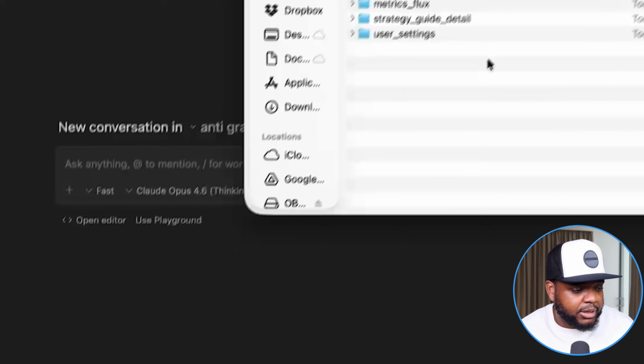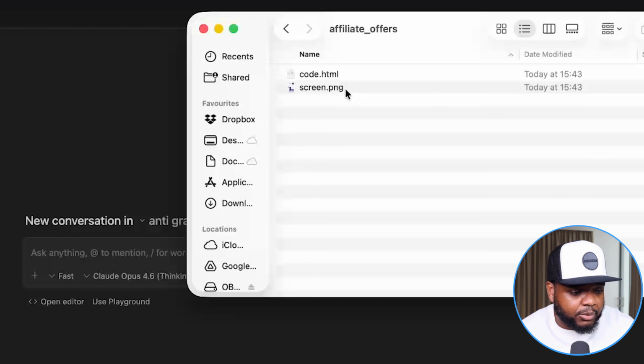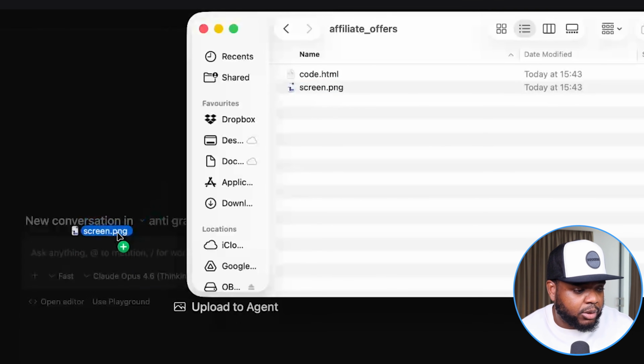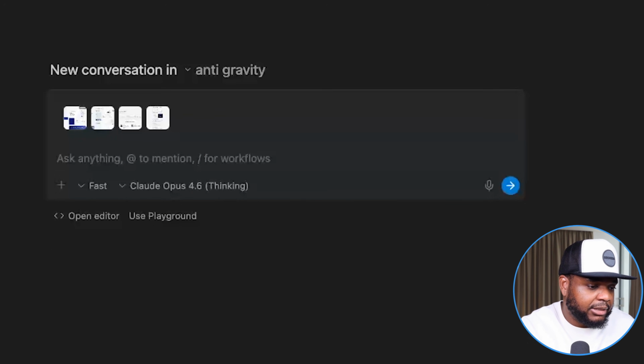And then what you need to do if you're following along is just open up the file that you got from Stitch and click into each one. And it's going to be a simple case of just dragging and dropping the PNG image that you got from Stitch in there just like this. So I'm going to do that for the remainder of the files. And as soon as I'm done, I'm going to be back ASAP and show you exactly what I'm going to do next. Okay guys, I'm back, and as you can see, I've now added the 4 different images,